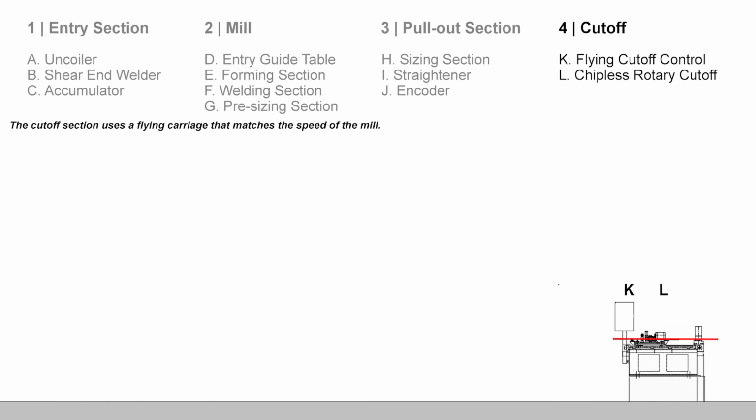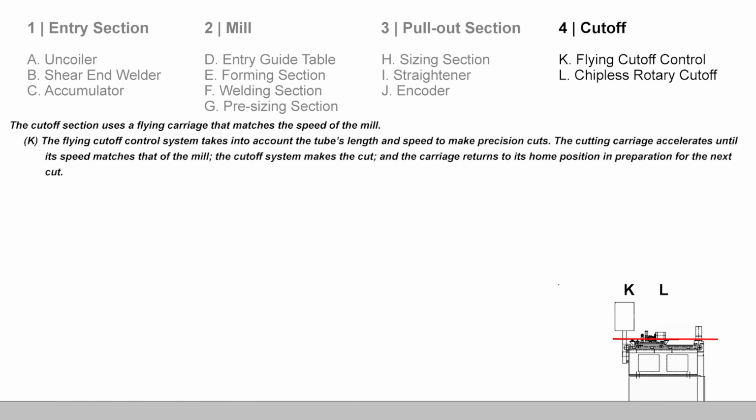The cutoff unit uses a carriage that moves at the mill's speed to make the cut without interrupting the production process. From its home position, the cutting carriage accelerates until its speed matches that of the mill. The cutting unit cuts the tube to the programmed length, and the carriage returns to its home position in preparation